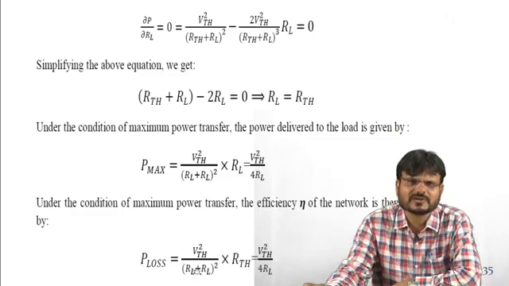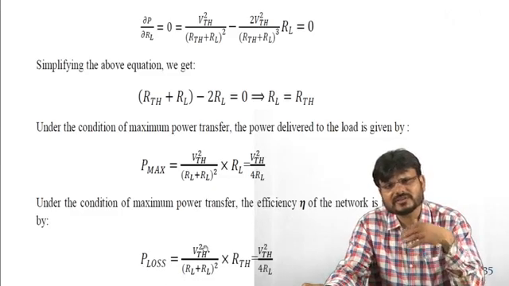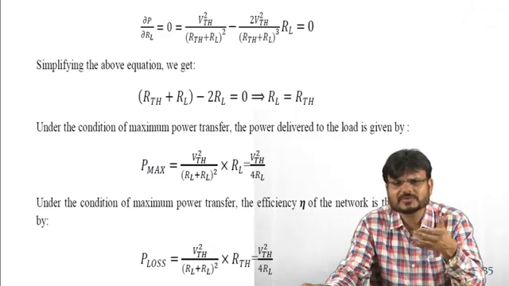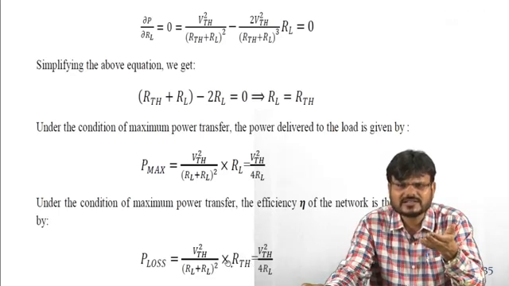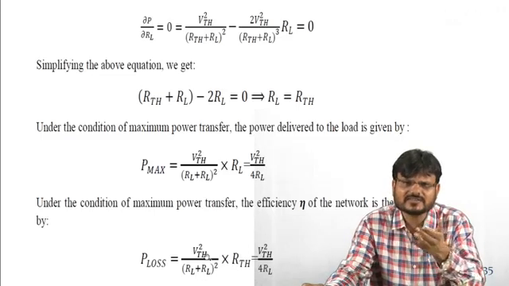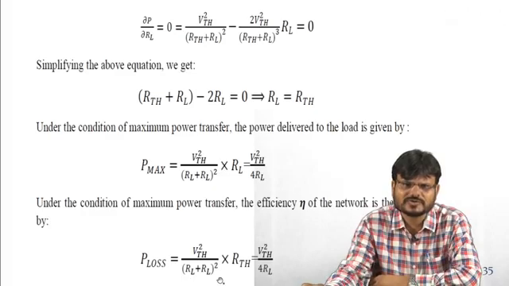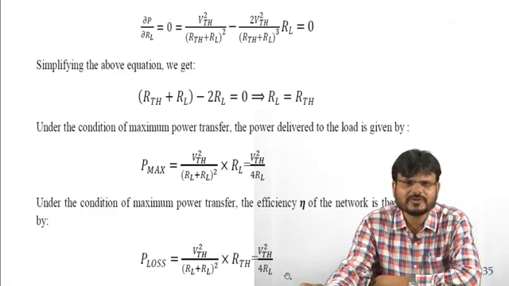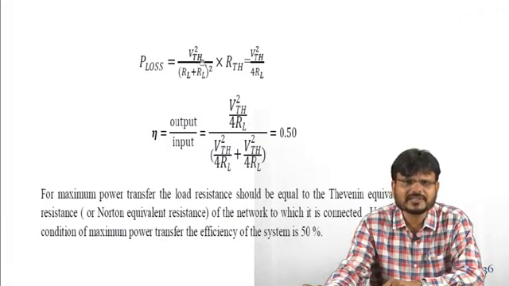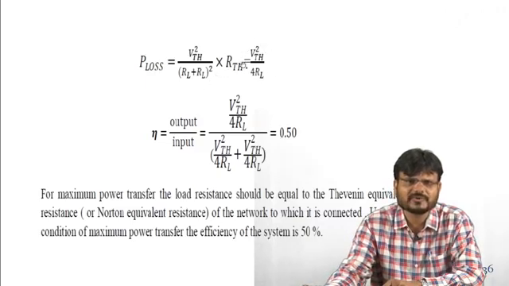Power losses is equal to IL square. That means these losses happen in the network, and the total resistance of the network is RTH. So IL square into RTH, and the value of IL is equal to BTH upon 2RL, whole square. That means it is BTH square upon 4RL. This is the losses. So power losses can be written as BTH square upon (RL plus RL) square into RTH, that is BTH square upon 4RL. Now you add this loss to the output, then you can find the input.